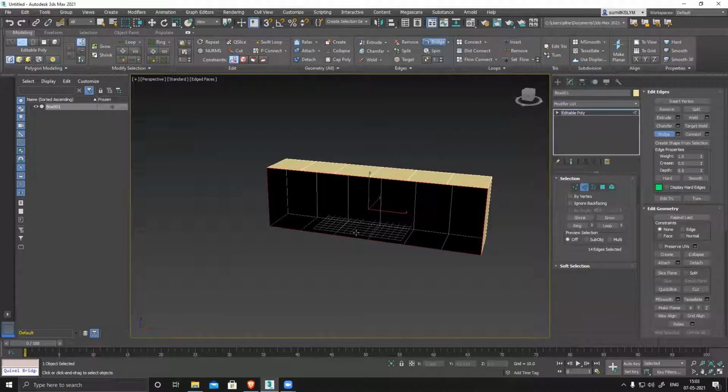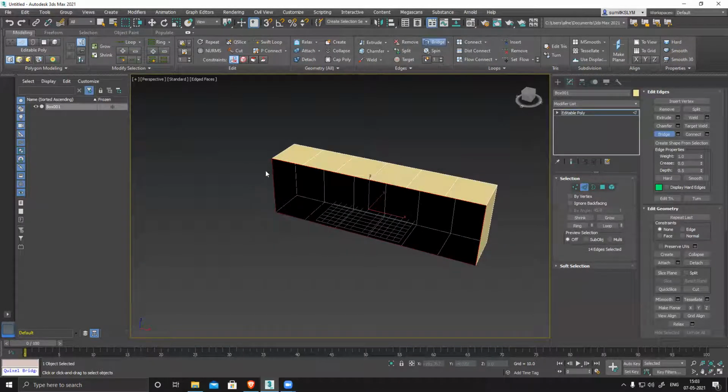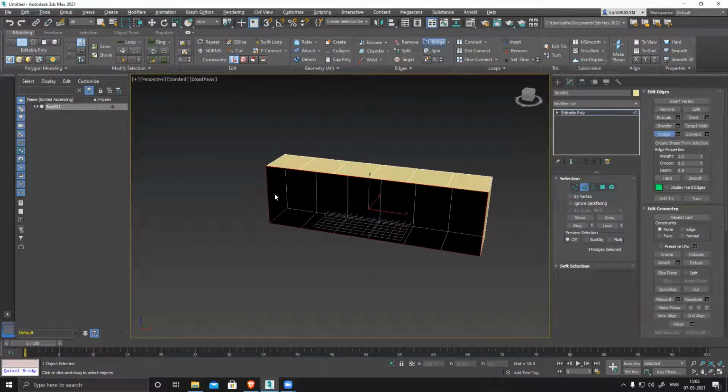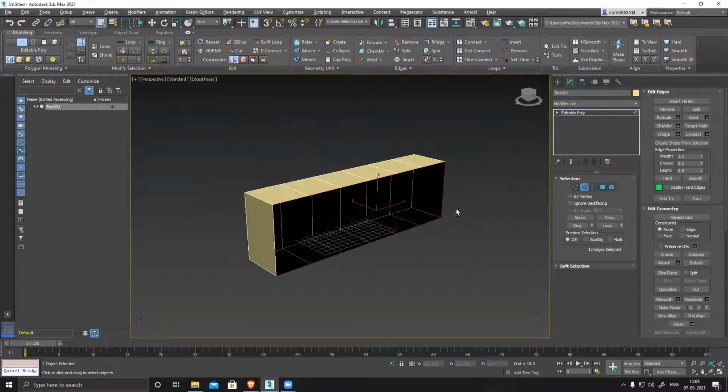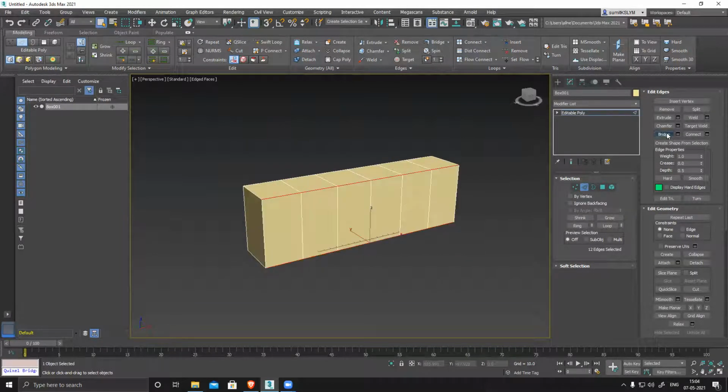So why is it not working? Because for bridge to work, you need to select two separate edges. Right now I have selected the entire loop, the entire border. If I deselect this one and this one, and now click bridge, it will work perfectly.